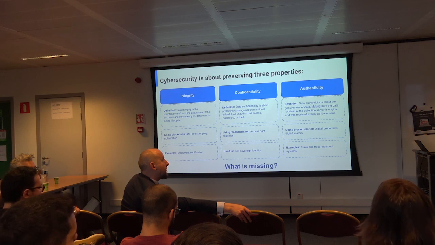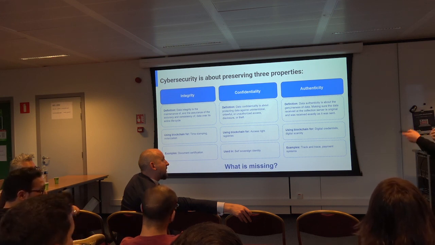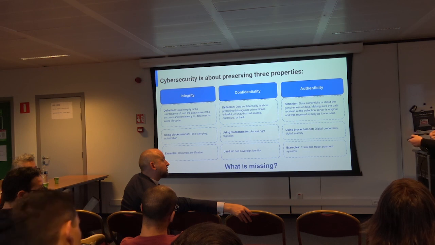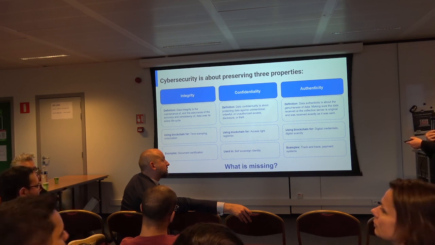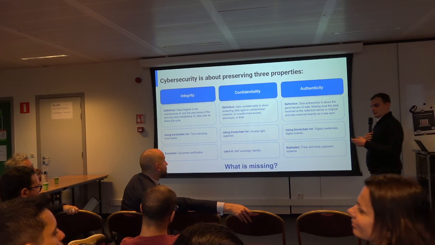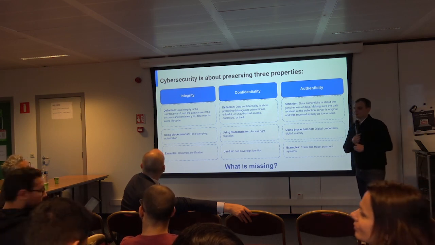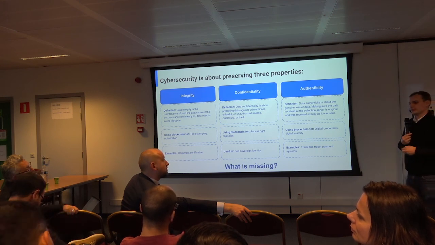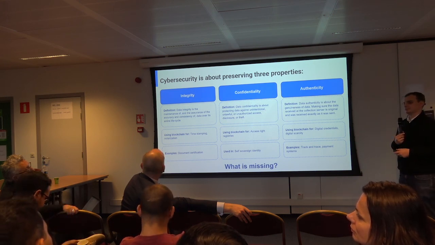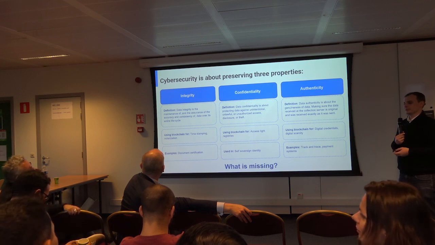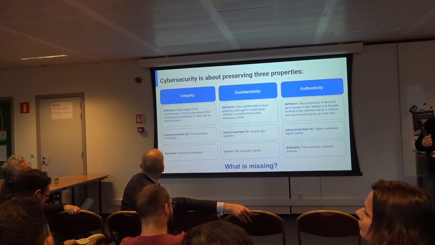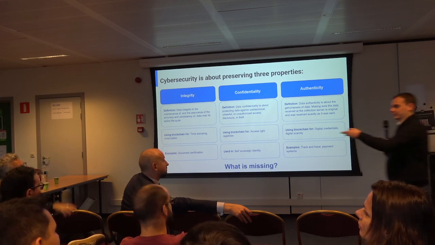So maybe if we come back to the elements you said, authenticity in a voting system is about making sure that the people who vote have the right to vote, correct? Right, you should only be able to vote when you have the right to. You should also only be able to authenticate yourself once and not twice. Otherwise it would be pretty easy to swing the vote. Okay. Yeah. And what about the integrity part?